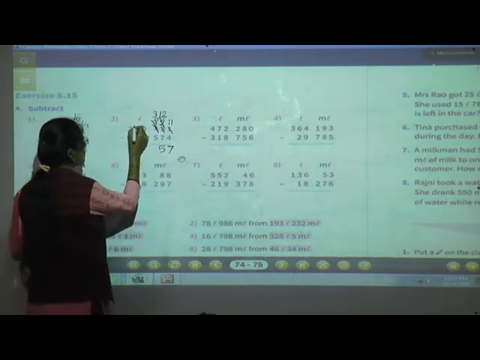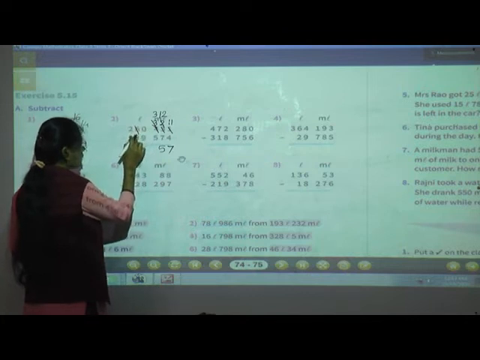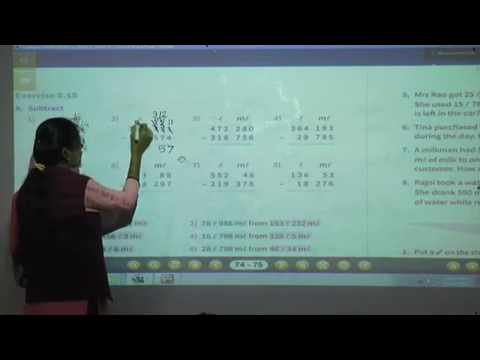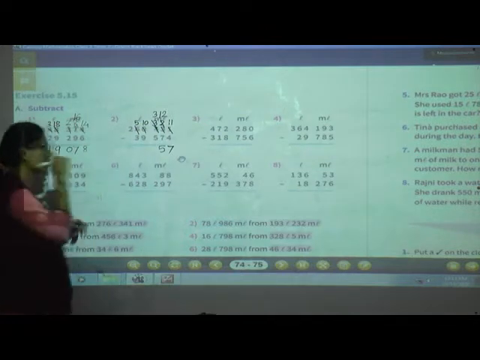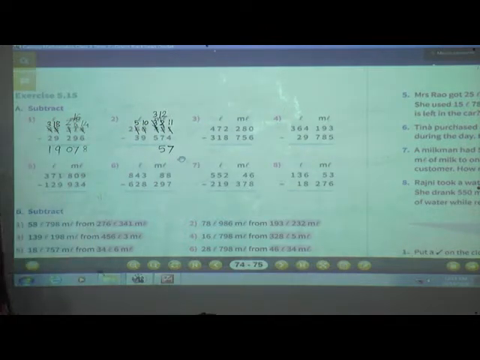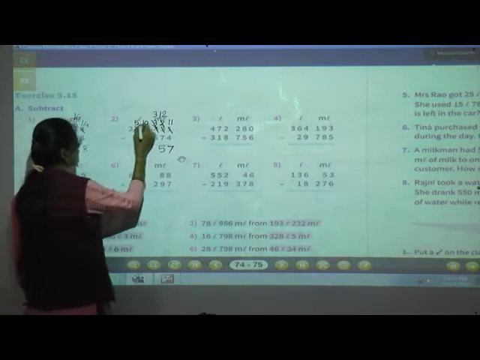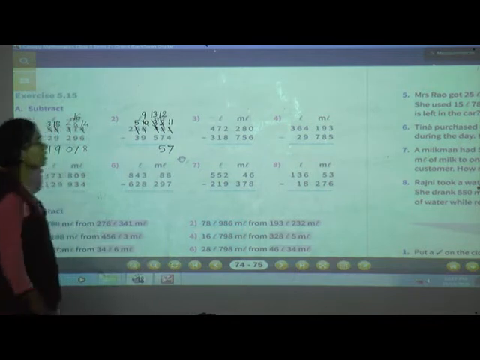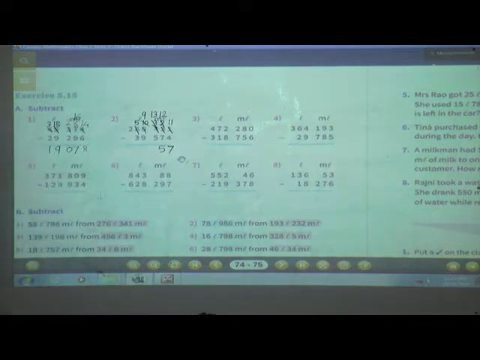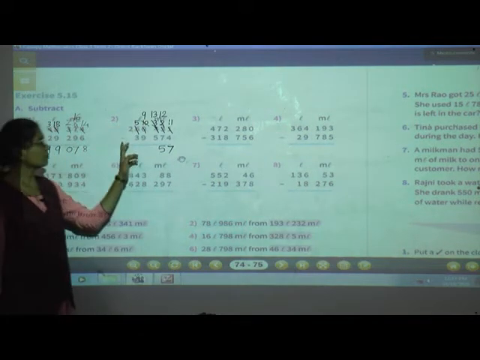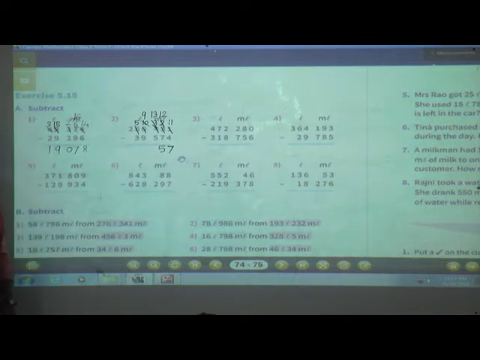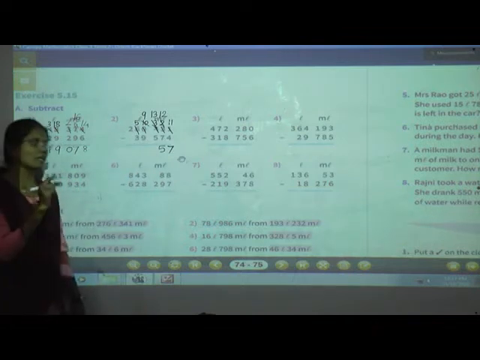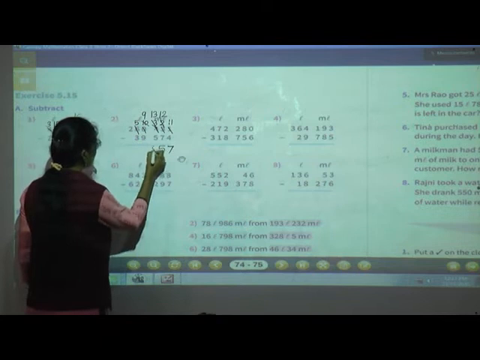Here 6 is there. So first we will take 1 borrow from this 6. Here 5 will remain and this 0 will become 10. Now from this 10 we will take 1 borrow. Okay. So 10 minus 1. Here 9 will remain and this 3 will become 13. Now do the subtraction. 13 minus 5. Yes, 13 minus 5. Correct. 8. So what we will write here?